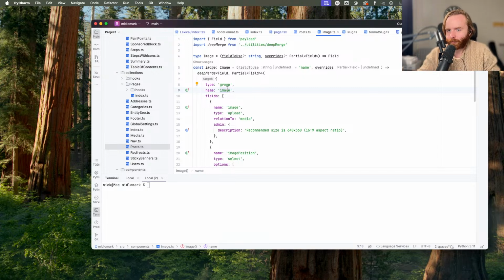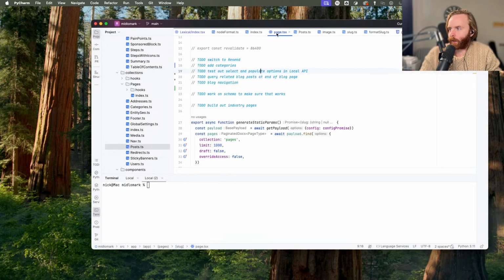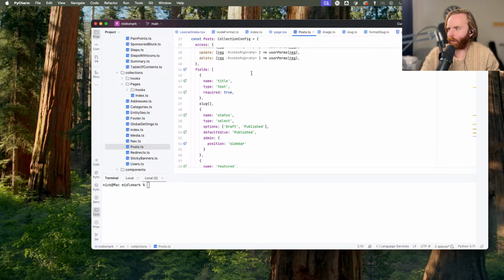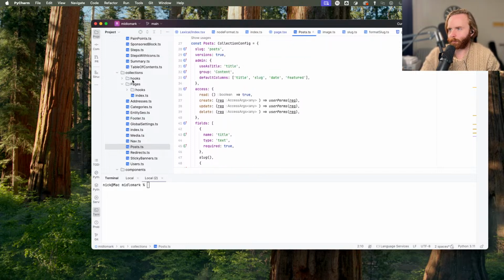So I'm not exactly sure I want to spend any time changing this from a group to something like a collapsible or something like that. Let me think on it. So we're not going to do anything with it yet, but just to sum up for the people who have been asking about these, the image, the slug, I think I have in my blocks,